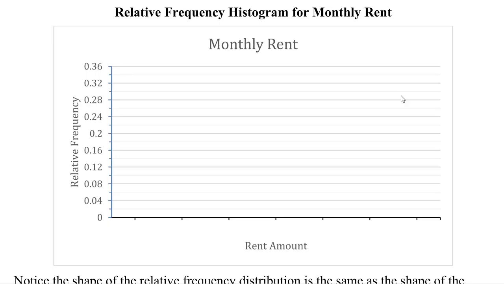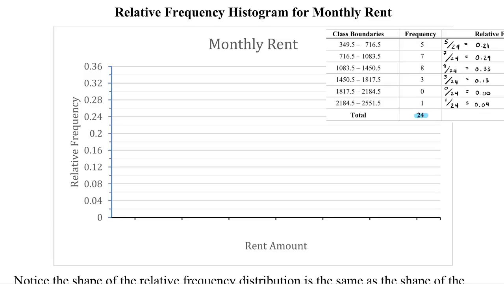And now we're going to use our table to create a relative frequency histogram. Again, just putting a small copy on screen for easy reference. So our vertical axis is labeled with our relative frequencies. They go up to 0.36, and our biggest one is 0.33, so we're going to be good there. Our horizontal axis, again, we label with the class boundaries. So we'll have 349.5,